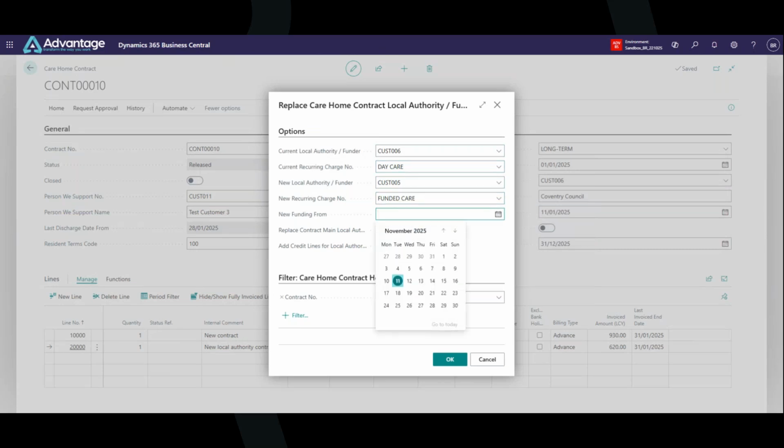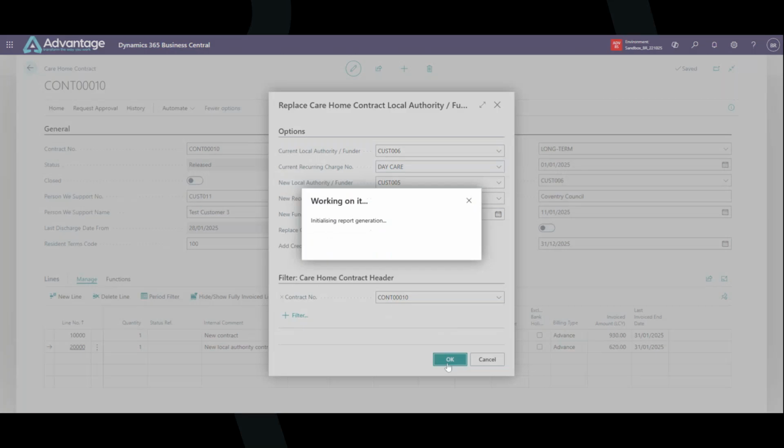And again, we can say what date did that council change. So again, partway through the month, on the 25th of the month, the council changed. And again, we've got a couple of tick boxes here: replace the contract authority, add the credit lines. We click OK,